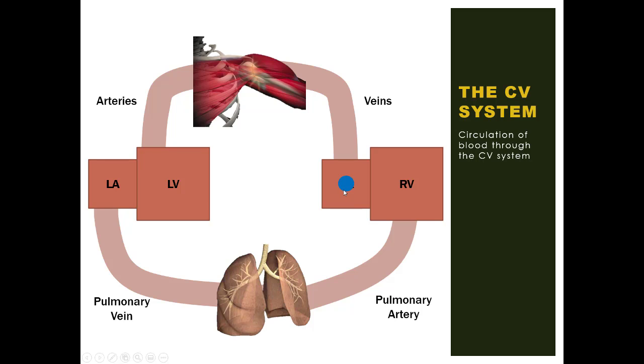Now, when we see blood represented by the color blue, what does that usually tell us? Blue usually describes blood that is deoxygenated. Now, it is rarely fully deoxygenated. Deoxygenated blood can range from 60 to 80% oxygenated during rest and down to about 25% oxygenated during maximum exercise. We will discuss this more later, but for now, just know that we have deoxygenated blood starting in the right atrium.